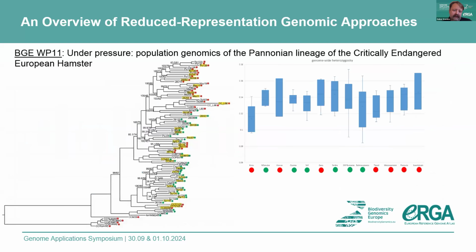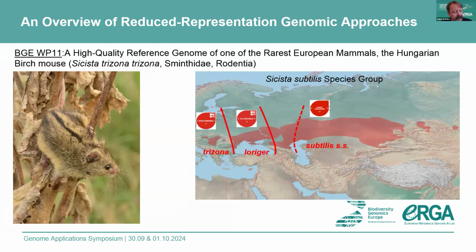And in this respect, we didn't see any apparent differences between the urbanized and the agricultural populations. Somehow the Russian population shows lower genome-wide heterozygosity, but it is definitely a very different clade, so anything can be at the background here. So very briefly about the second part of the story is the Hungarian birch mouse, which